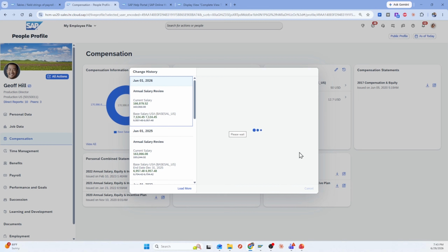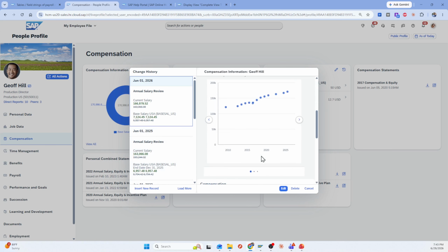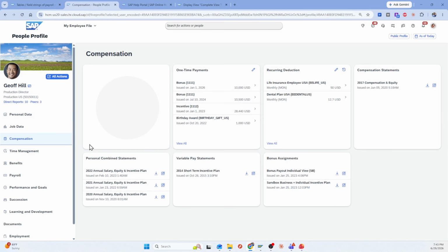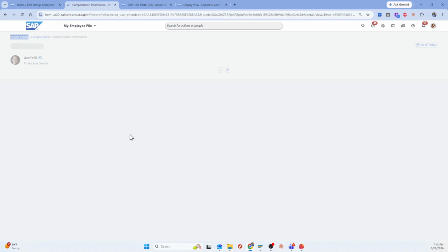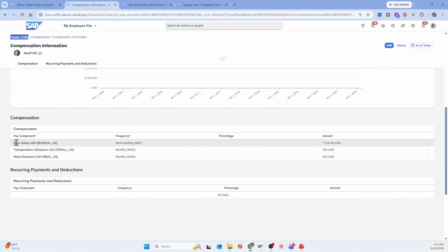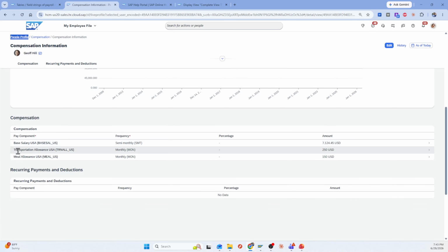I meant to click the view all button over here, but if I scroll down, I can see that I have a base salary for this employee, $7,124.45. So what I meant to press over here was this view all, and then it actually takes me into it. And so you look at this, this is the base salary, but then we might have other things like a transportation allowance or a meal allowance. And so these